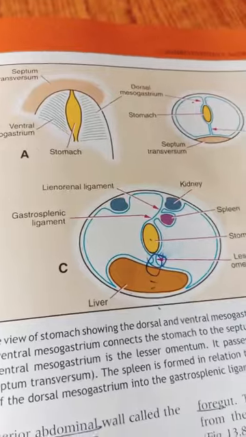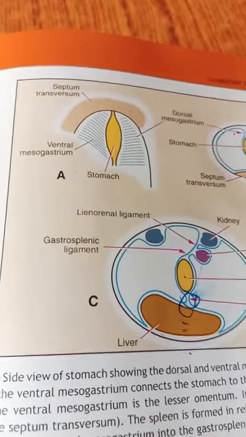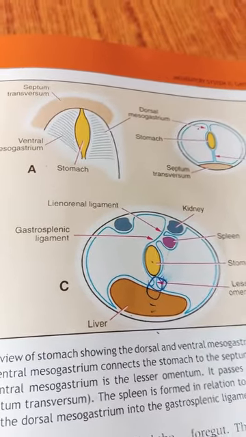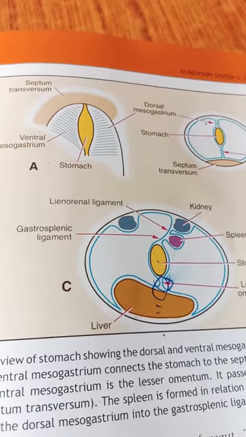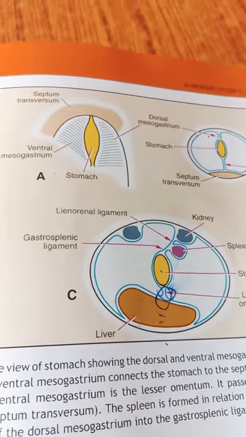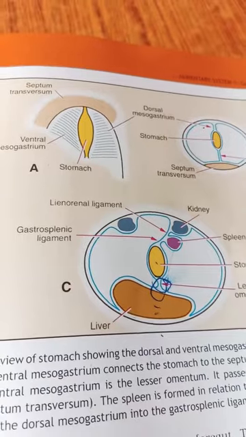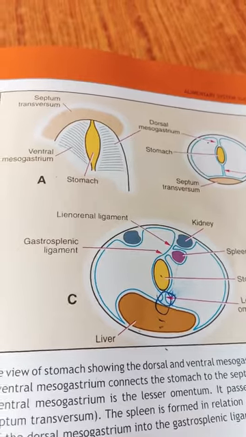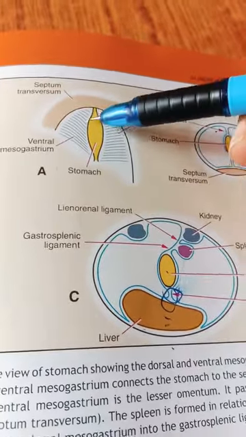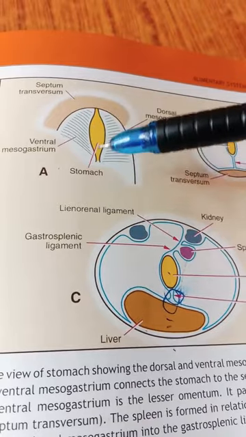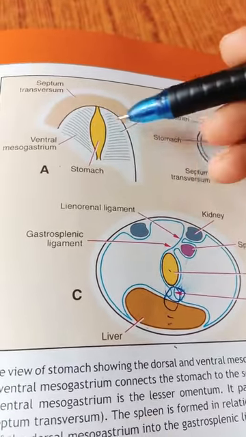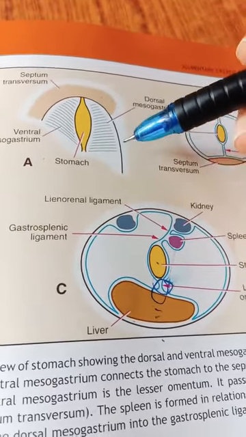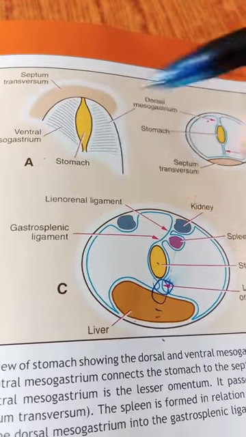And one more important point about the stomach is that the stomach mainly has a differential growth. So it undergoes alteration in shape and also its orientation. Originally its ventral border is facing upward and towards the left. We know the stomach is placed towards the left. So the original ventral border, which is facing upward and towards the left, becomes the lesser curvature. This is my left side. And the dorsal border, which is downward and towards the left, becomes the greater curvature. So remember that the dorsal border becomes the greater curvature and the ventral border becomes the lesser curvature of our stomach.